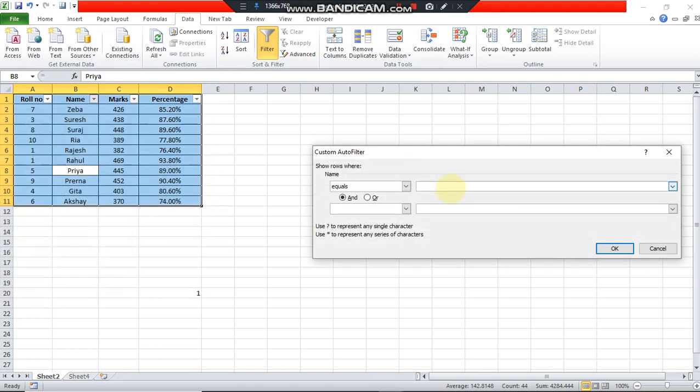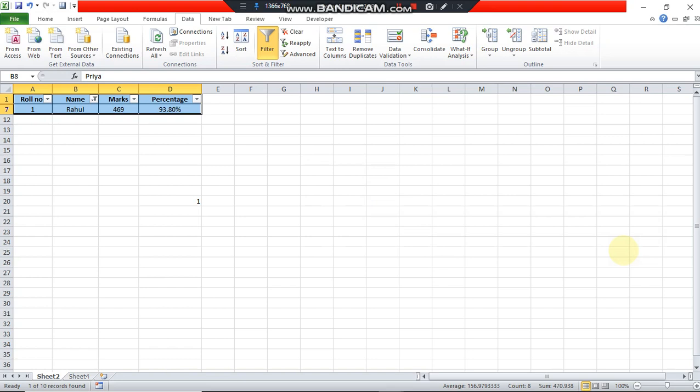This entry gives the result of a particular name you want to search. You have to keep one thing in mind, that the spelling should not be incorrect. If the spelling is incorrect, the results will not be shown on the screen by Excel. I'm going to type an arbitrary name from the list, Rahul. The entry Rahul and the marks as well as his percentage are shown on the screen. This is a very useful feature when you have hundreds of students to deal with.